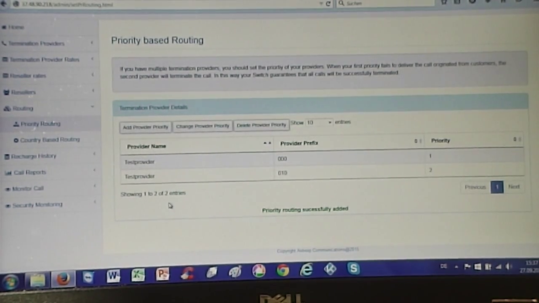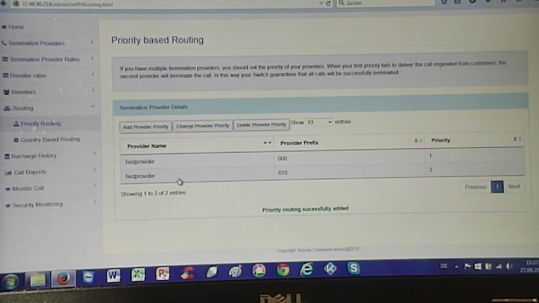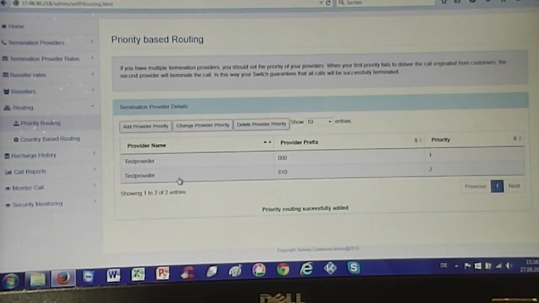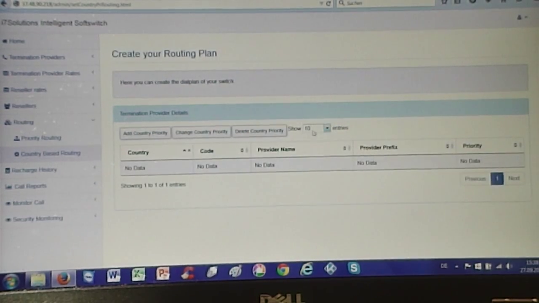Now if you found a provider which actually provides you a very good rate or very good quality for a particular destination or a particular country, like say Pakistan or Bangladesh or any European countries or in the US, then you can use the country-based routing. So in the country-based routing, then you can choose